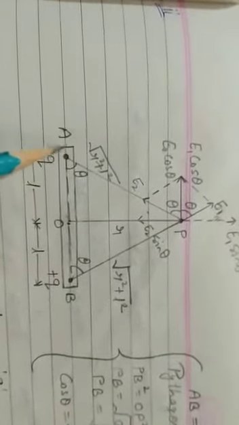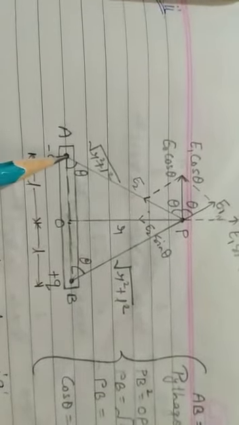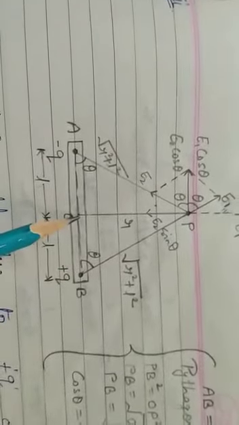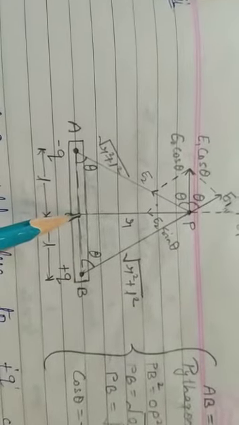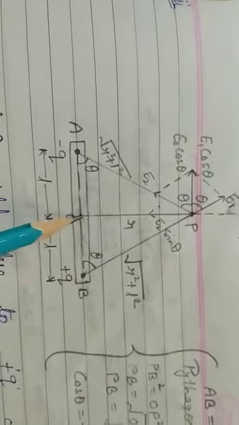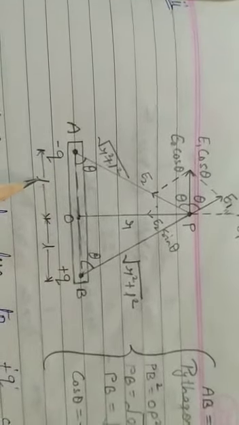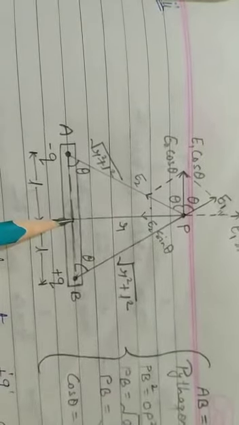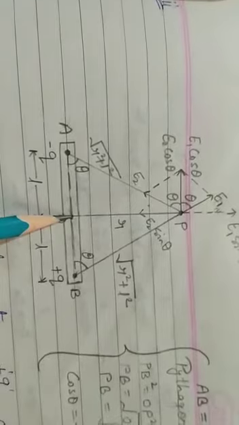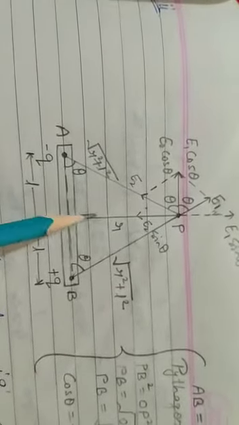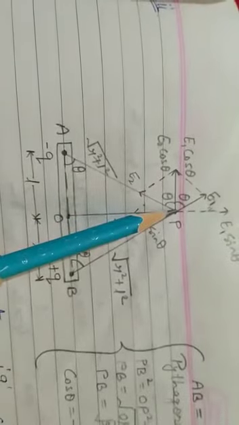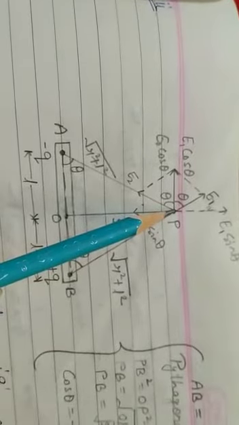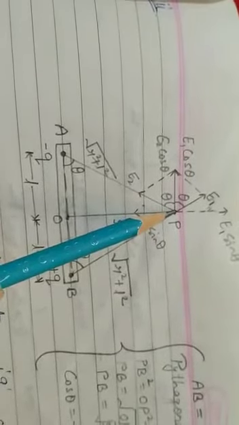In this diagram, you can see one dipole here. This is the minus Q charge. This is the plus Q charge. This is the center point of the dipole, O. From O, the distances of the plus Q and minus Q charges are L. Now we have to find the electric field due to an electric dipole at a point situated in the equatorial position. So here you can see point P is there. Point P is located on the equatorial position.